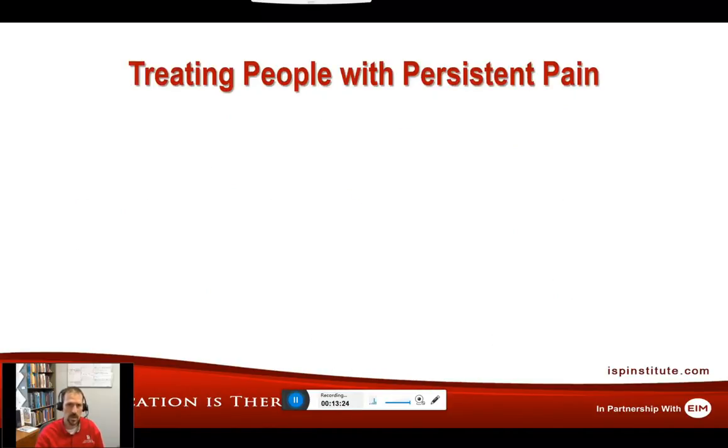So what do we know about treating people with persistent pain? Well, there's a lot of different ways to do it. All you have to do is stay up late at night and watch lots of infomercials, all sorts of commercials. Everybody seems to have the magic pill, how to get rid of your back pain, how to treat this and how to treat that. All sorts of braces, injections, surgeries, therapies, many things are out there.